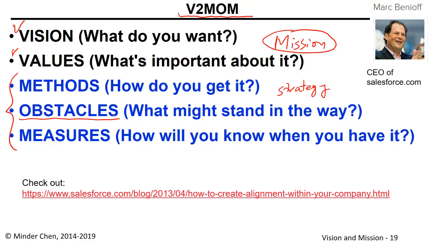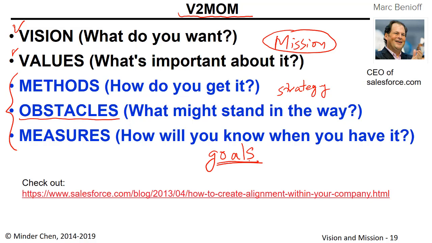The measure is how would you know when you have it. And so measures are very similar to the goals that we use in our model. So this once again shows an example of an organization having their own vision, mission, strategy, and development methodology,